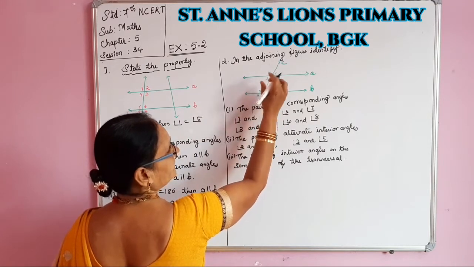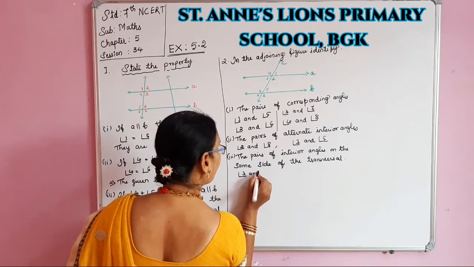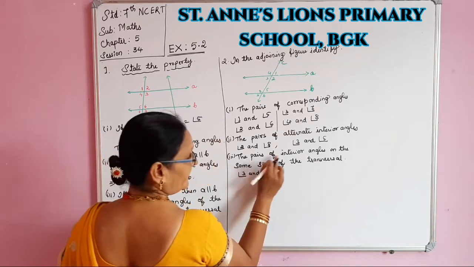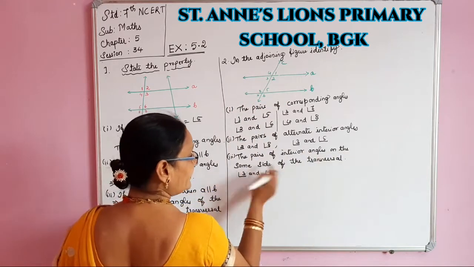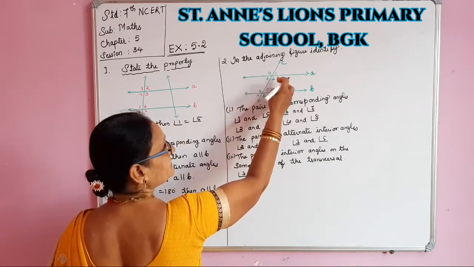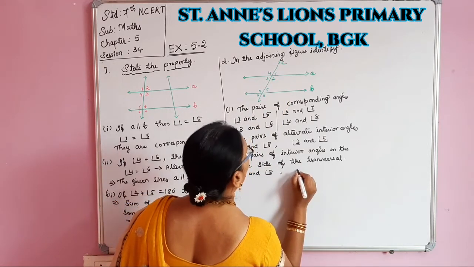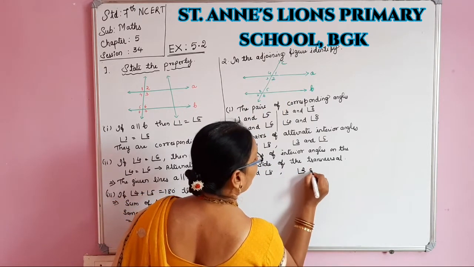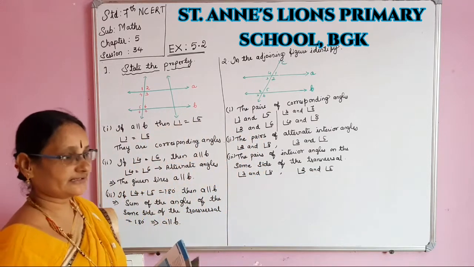Interior angles, angle 3 and angle 8 on one side. The pairs of interior angles, these two are interior, this is interior, on the same side. 3 and 8 are same side, 2 and 5 are same side. Angle 3 and 8. One more, angle 2 and angle 5 are the pairs of interior angles on the same